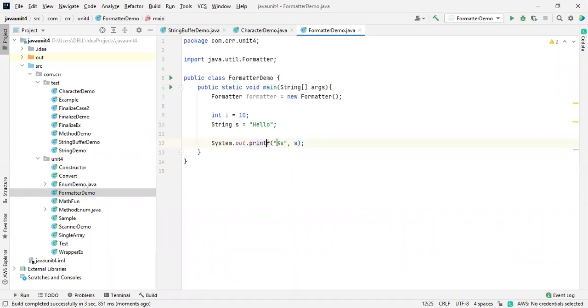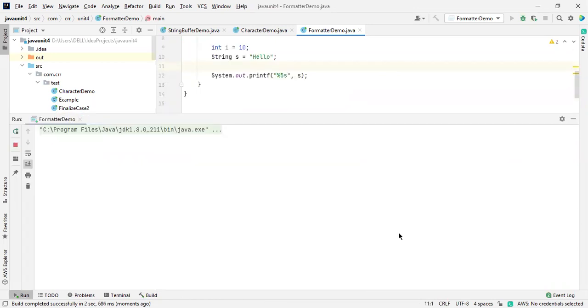Sometimes it will be useful. Here, according to the format, I can mention a 3 or a 4 or a 10 or a 20 or whatever it is. What is the use of that? It creates some spaces over there when running the program. In big applications with so many strings, you get that much identification over here. Otherwise it is directly printed, and that doesn't matter for them. So it is all about the spaces, in which spaces you are going to print that one.